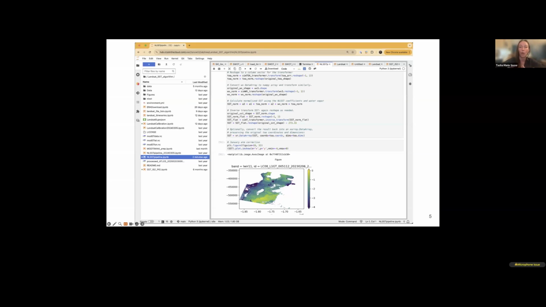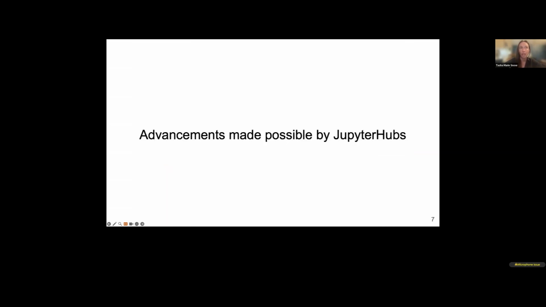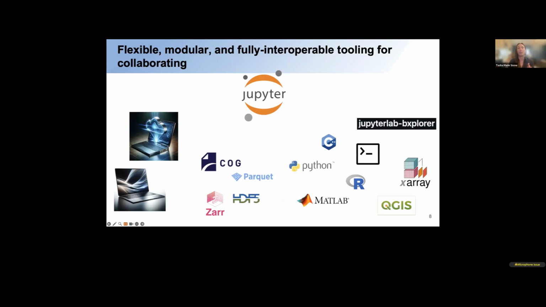The question I'm answering in this work is, how can a JupyterHub, with its access to the cloud, help us? I'll talk first about advancements enabled by a JupyterHub, trends in usage and user experiences that we've seen from CryoCloud, ongoing barriers for users, and then wrap it up by putting it all together into a roadmap for a thriving scientific community. Starting out with advancements, the Jupyter ecosystem is really exciting because it's flexible, modular, and